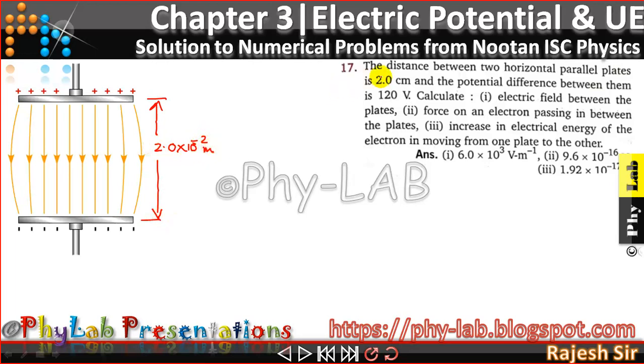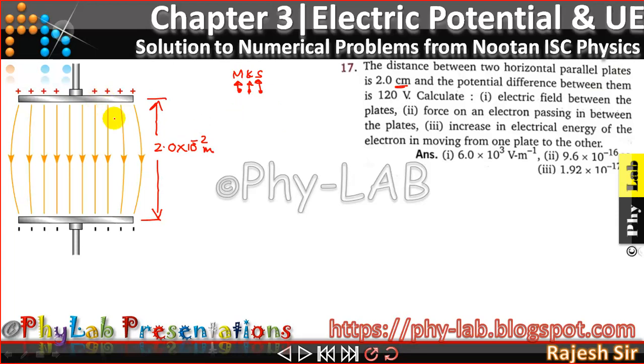Remember friends, I have told you whenever the units are not in MKS system, MKS system stands for meter, kilogram and seconds. So when the units are not mentioned in meter, kilogram and seconds, then you need to always convert them into their MKS versions. So centi, 10 to the power of minus 2, that is what the prefix stands for.